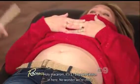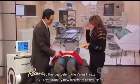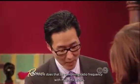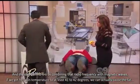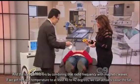So what we're going to do is heat up her skin. Holy macaroni, it's 17 degrees Celsius in here. No wonder we're chilly. So the idea behind the Venus Freeze is a revolutionary new treatment to reduce fat. And it does that by combining radio frequency with magnetic waves. And the idea behind it is by combining that radio frequency with magnetic waves, if we get her skin temperature to at least 41 to 42 degrees, we can actually cause the fat